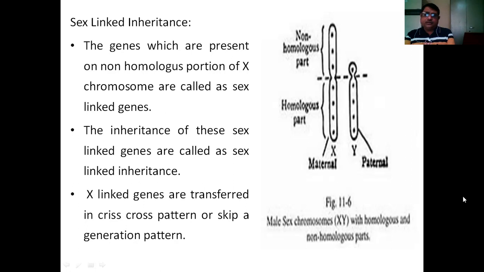That means if the abnormal condition is there with the grandfather, it will not express in the F1 generation, because there will be another X chromosome to protect that particular copy of X chromosome, due to which it will be in a hidden condition in F1. But it will again express in the F2 generation. And in the F2 generation, only the males will be affected and not the females,